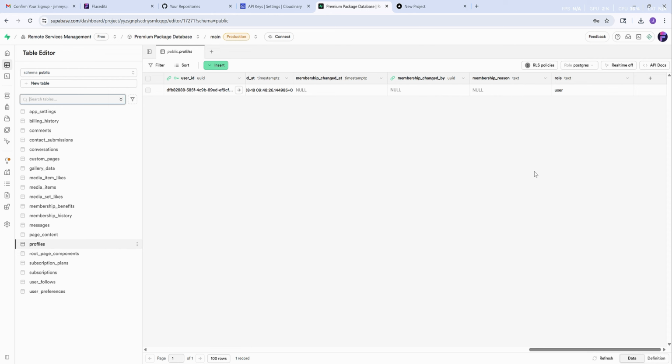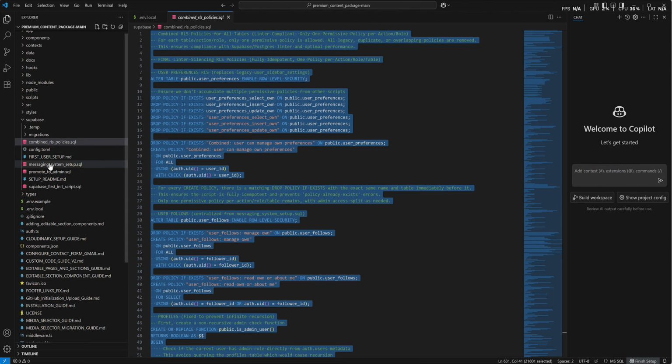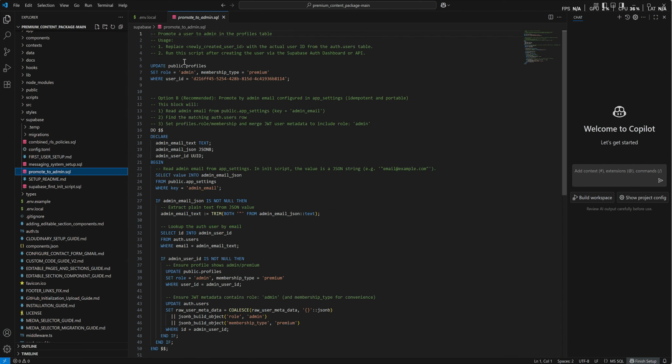So if we head back over to our VS Code, and over on our left again, we have another script called promote to admin here. We click on this. You'll see 3 lines here. If we replace the user ID contained there with the user ID that we've just copied for our new user, and we paste that in its place, and now we will select those 3 lines,